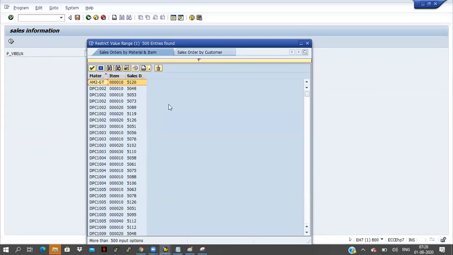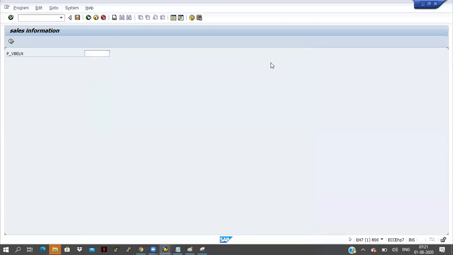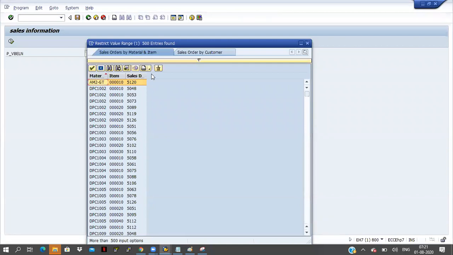But for example, I have 10 tabs here. Here only two tabs I'm taking, only two elementary search helps. Maybe in real time you can get some 10 tabs. At that time I want to display exact one directly. Here directly it is coming first one. If I close this one and once again click on F4 button, directly it is coming first one only. So if I click on F4 button, I want to display one specific tab.